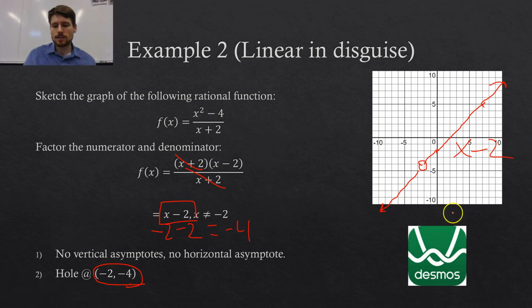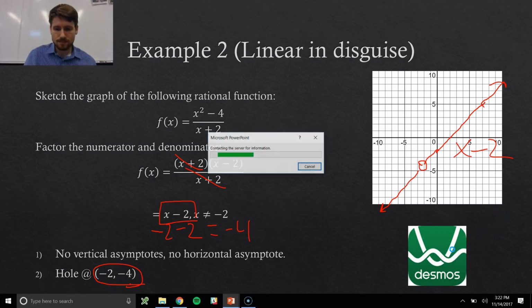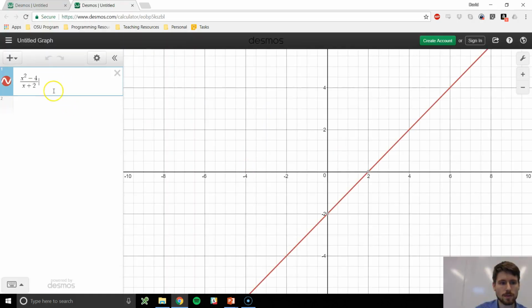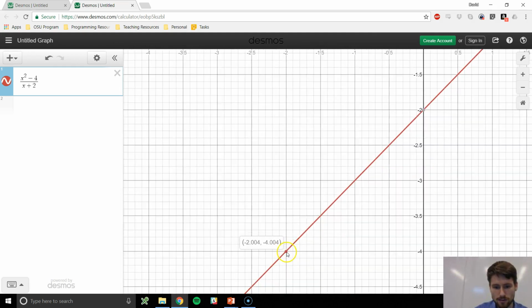So it's a linear function in disguise, and just so that you see it on Desmos as well, I always encourage you when you have these problems to graph them with a graphing calculator to check your work. Let's go ahead and take a look. It's going to give us a line. See our linear function x squared minus 4 over x plus 2. And we can see, now it doesn't look like there's a hole. I said there was a hole at -2, -4, but if you were to zoom in and try to evaluate